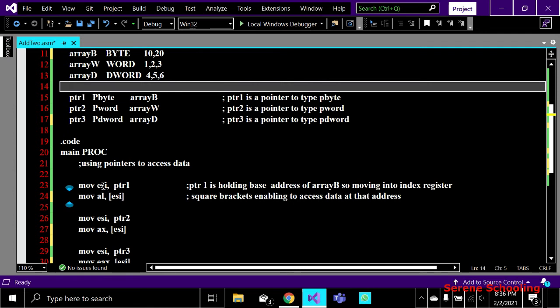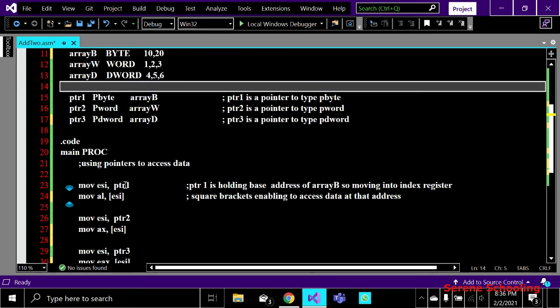Okay, so if I am moving this ptr1, the base address of which array? ptr1 means it is pointing to the base address of array b, that is this array. This ptr1 is directly bringing me to this array's base address. So a pointer holds what? It holds the address of another variable.